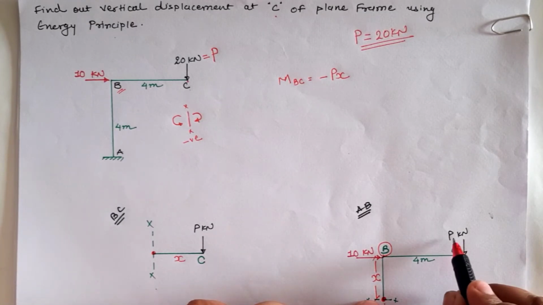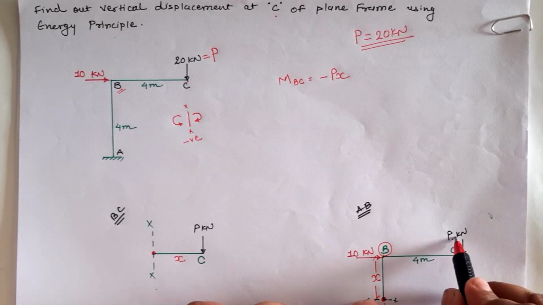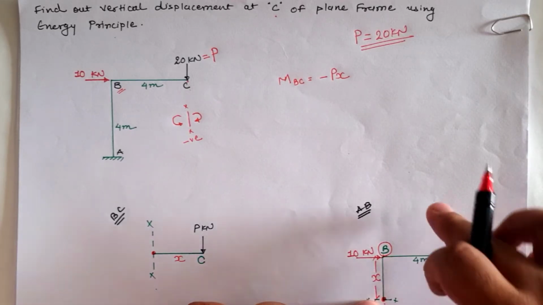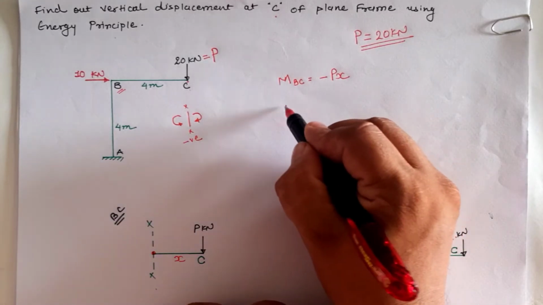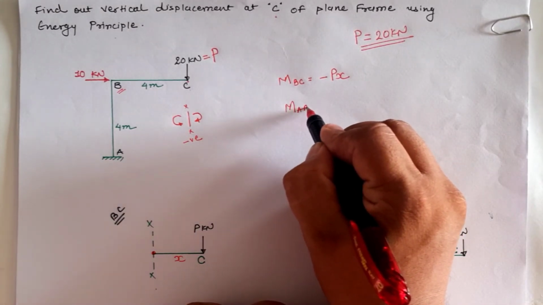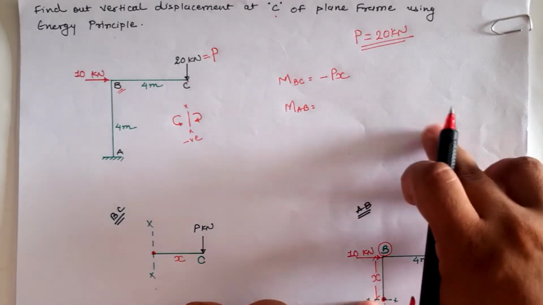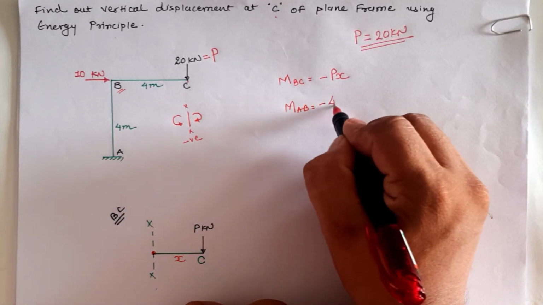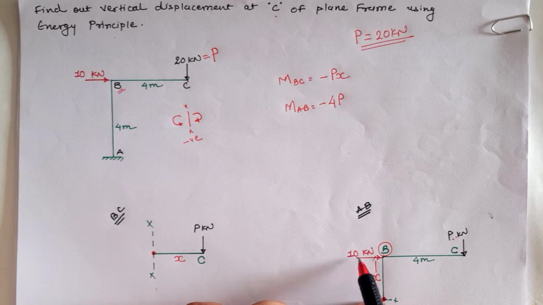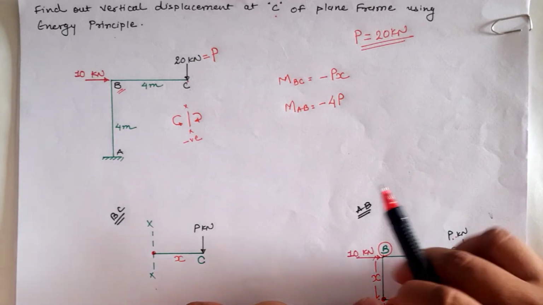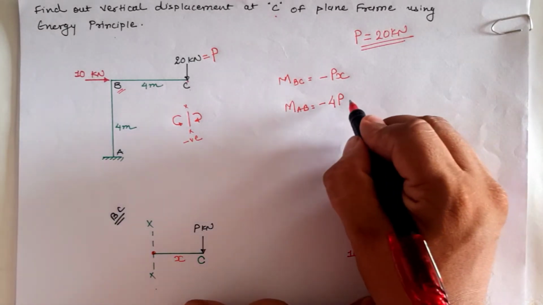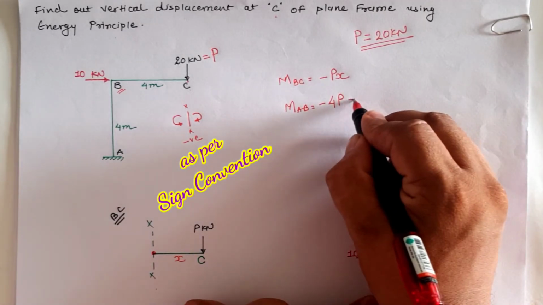Hence for the P kilonewton or arbitrary load, it is P into 4 clockwise, which is negative, hence minus 4P, and for the 10 kilonewton horizontal load it is 10 into X, and clockwise moment is negative, hence it is